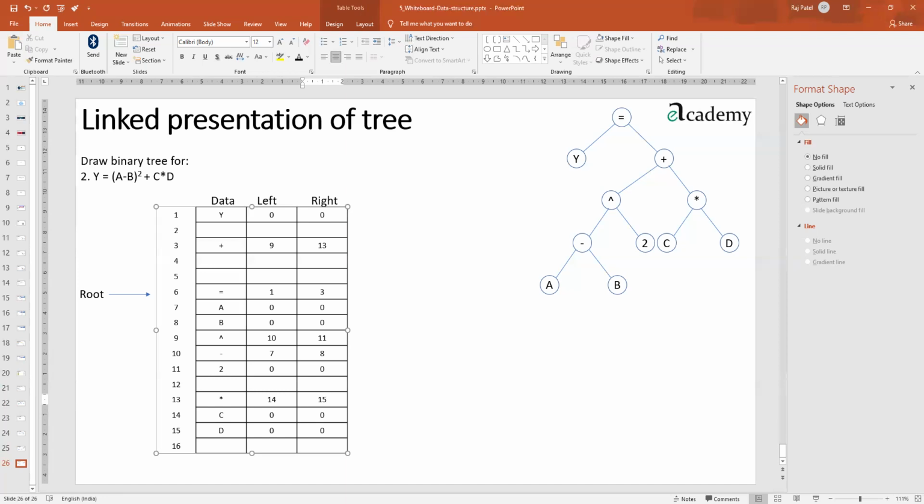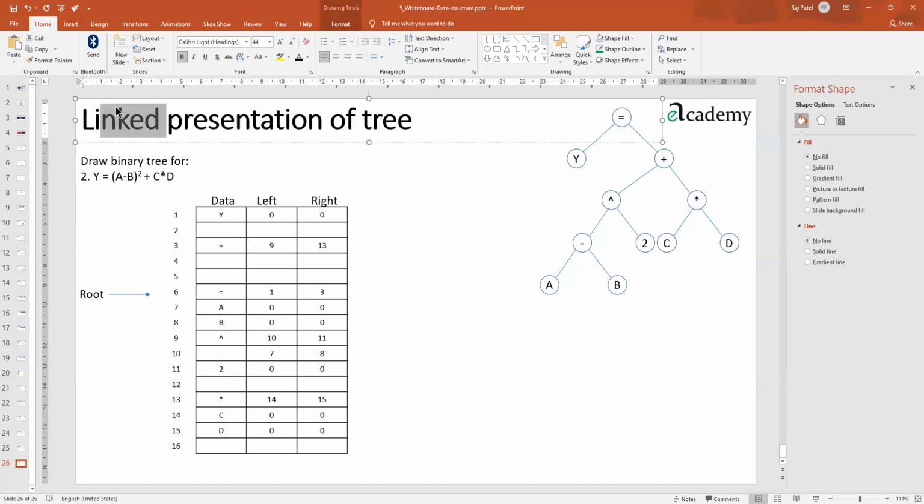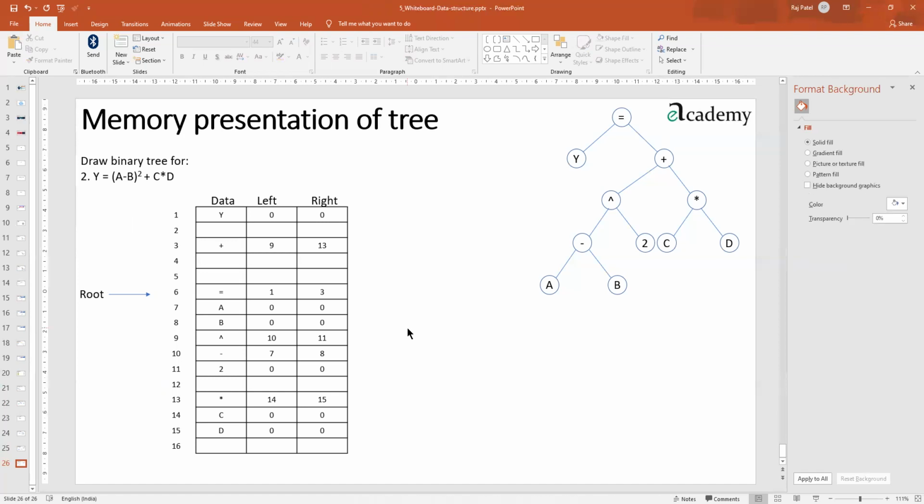So this way we can go on doing this stuff, and we can draw the memory representation of a tree also. I hope you have understood the things. Once you draw the things, you don't need to explain anything. So this chapter is really very scoring, and if you do it well, it will be easier for you to go ahead and score those marks, because you will be getting theory questions as well. I think data structure will be a very easy chapter for all of you, because it is very close to C++ and coding.